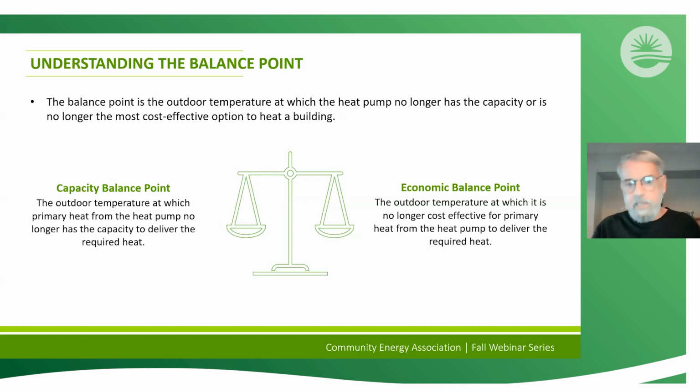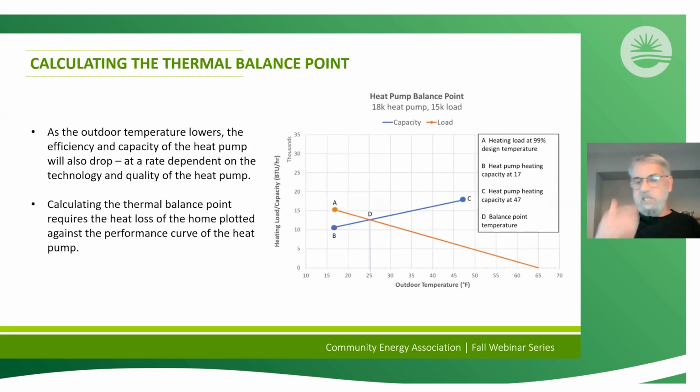But you have no idea where that balance point is unless you do your homework and find out based on the specifications provided by either third-party agencies like AHRI or NEEP, or just the manufacturer's equipment specifications. You can see in this example here,